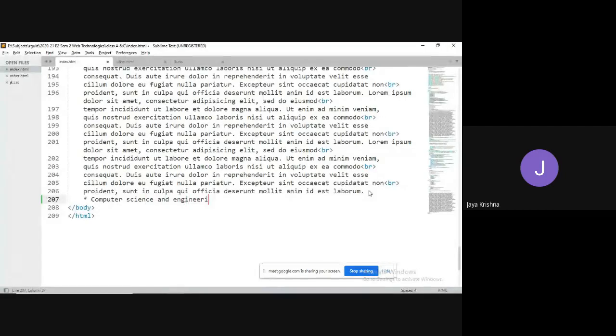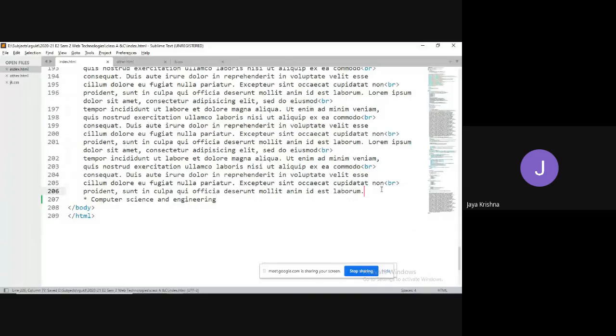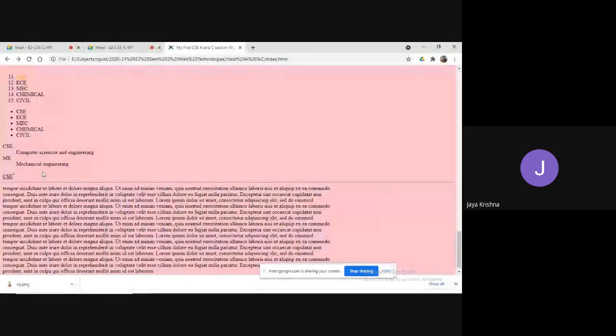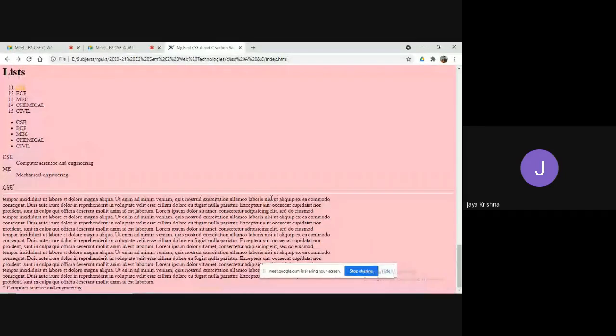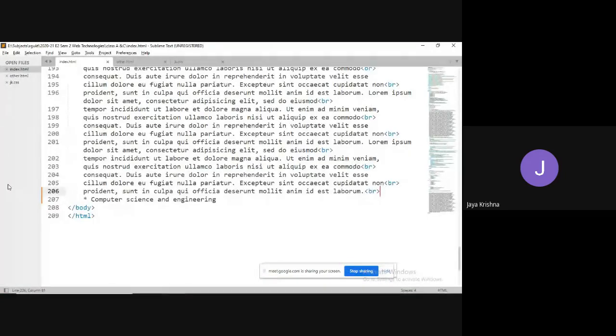Somewhere you can observe this kind of data. If you observe, this star is meant for computer science and engineering. So in such situations you can go for abbreviation. Meaning that if you want to define a term that is an abbreviated term, then I can go for the abbreviation tag.